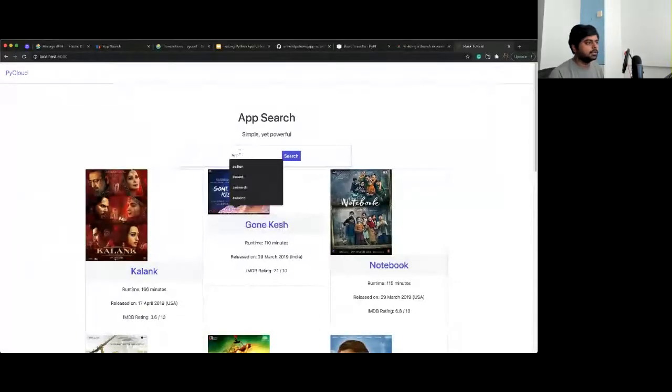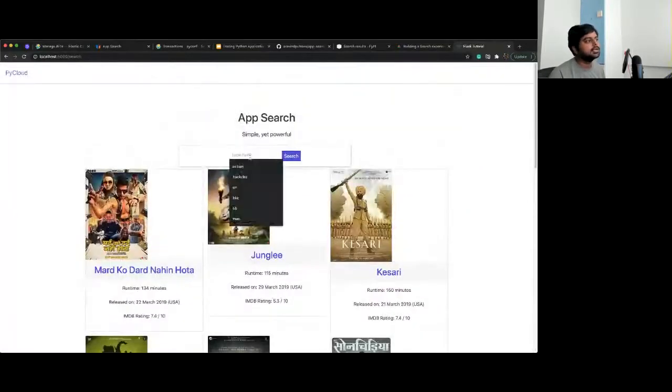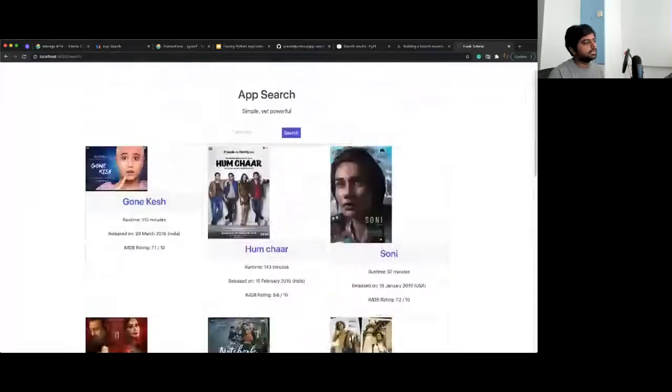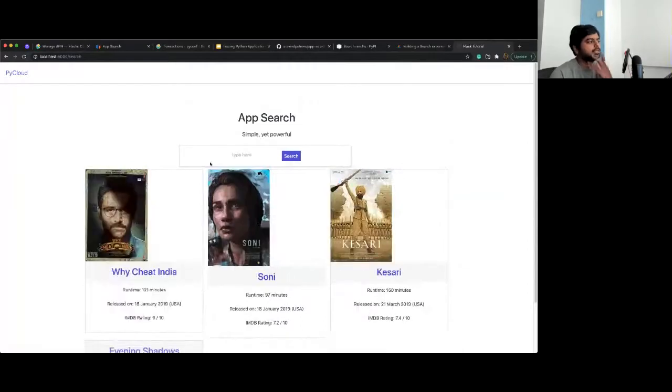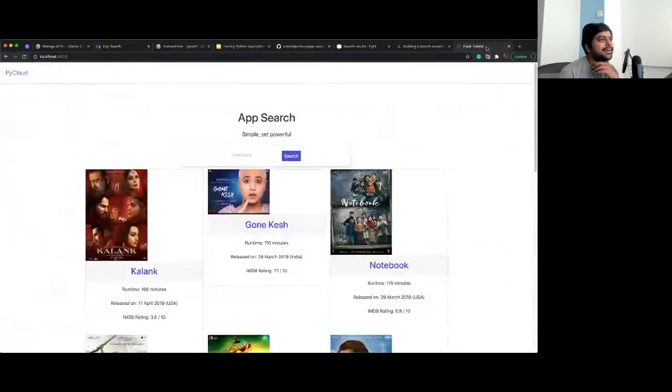And then when I search, say, action, it is a simple search engine. It's nothing crazy here. Say drama, and it brings me this information. If I say movie, it's a very blunt and simple search engine. Of course you could do more here, but we are not doing that. We are going to focus on the APM part here.